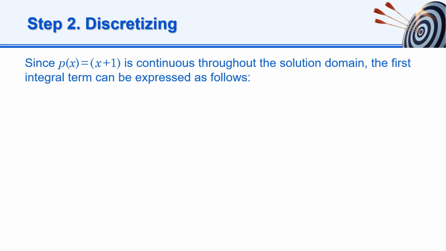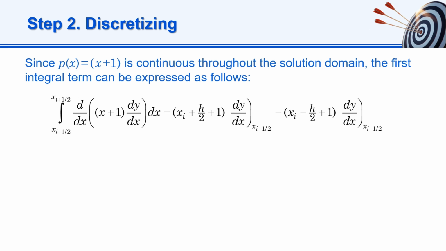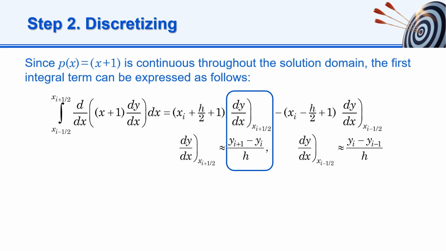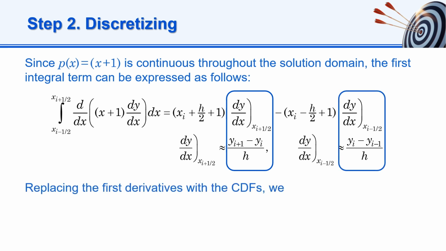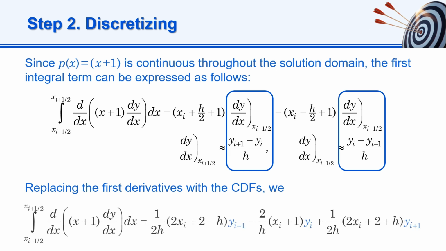Since the function p, which is equal to x plus 1, is continuous throughout the solution domain, the first integral term can be expressed as follows. To approximate the integral, we will replace the first derivatives with the central difference formulas. This approximation, which is second-order accurate, becomes